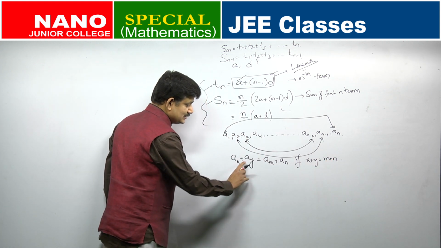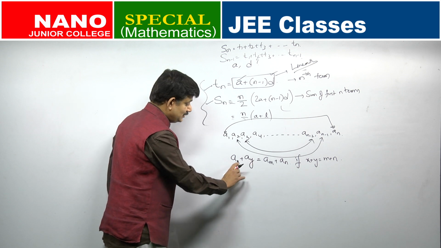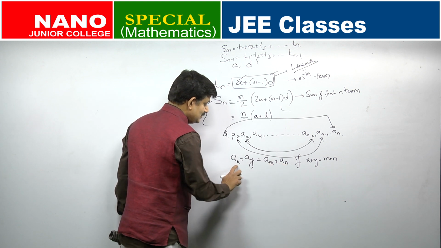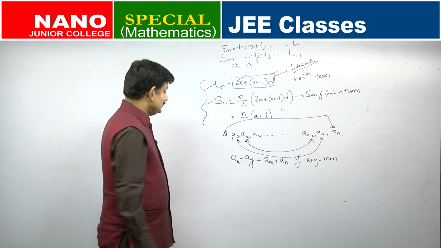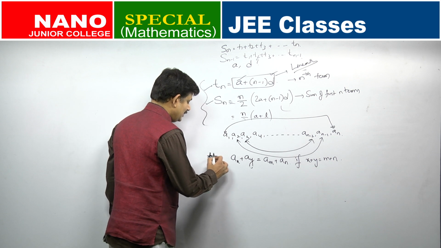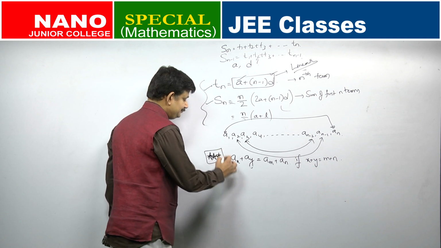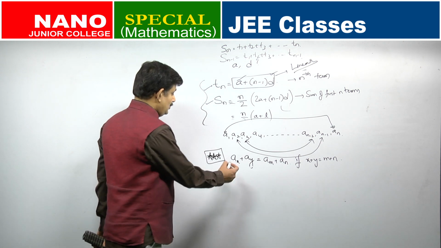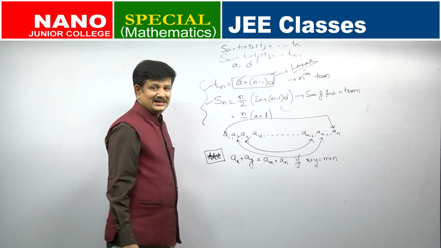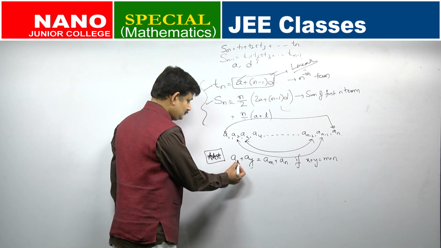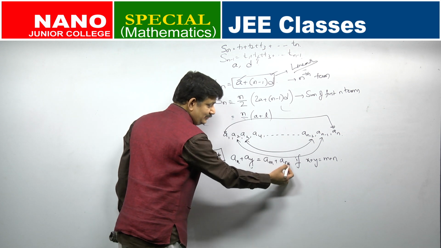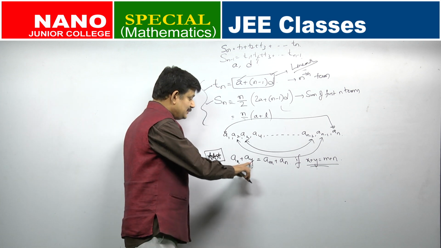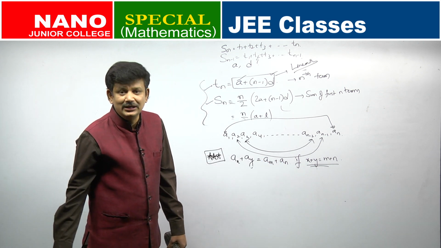If the sum of these two subscripts, the term numbers, is the same, that is m plus n is the same as x plus y, then AX plus AY will be the same as AM plus AN. Very important for you in problem solving. Whenever the sum of the subscripts, x plus y, is the same as m plus n, then you can say AX plus AY will be equal to AM plus AN.